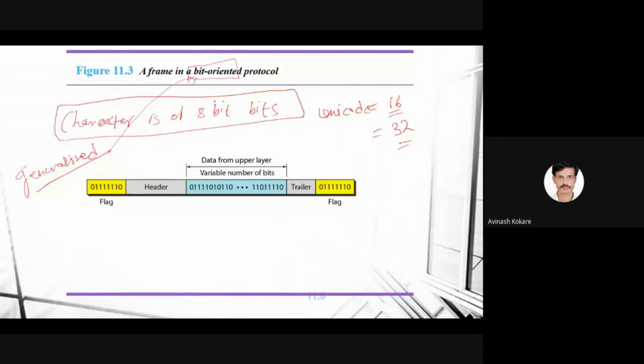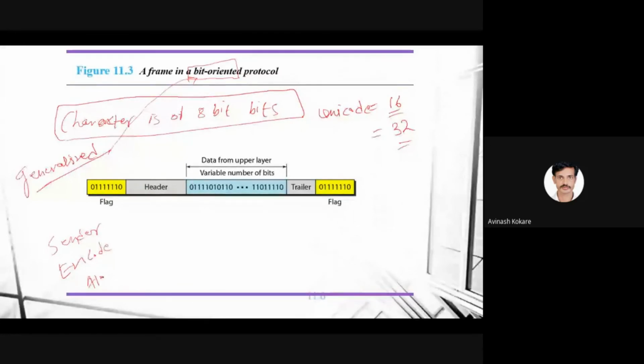Bit-oriented protocol. It will simply be a sequence of bits, whatever the encoding method. At the sender side, the sender will encode the data using some encoding algorithm, let us say algorithm 1.